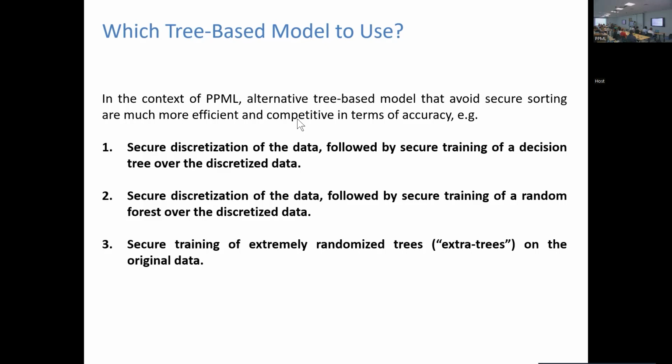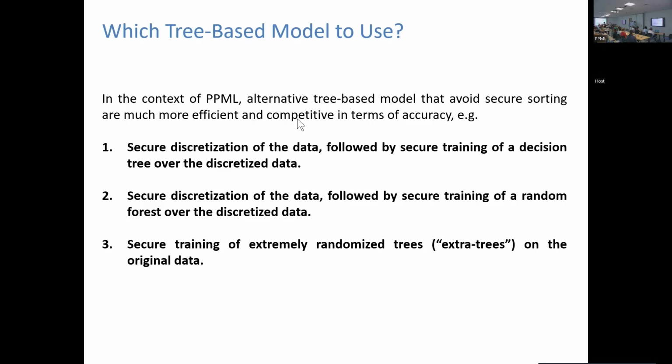Normally you want them to be in the feature range. So you determine the maximum value and the minimum value of the feature, and then you pick a random number in between and use that as the split point.